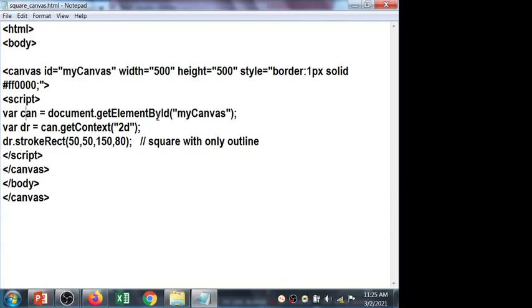Now document means the current document which is being displayed by the web browser, the web page you are working with. Get element by id: get means to get something. What do you want to get? You want to get one element, a one tag.